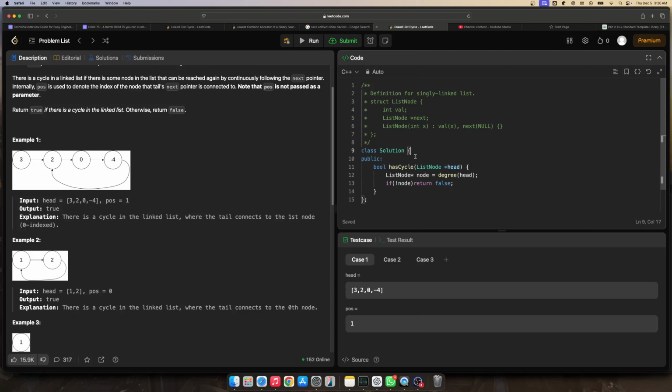And I'm just making this a little complex, I believe. I'll do it here: degree, and this will be a ListNode, this node head, return type will also be